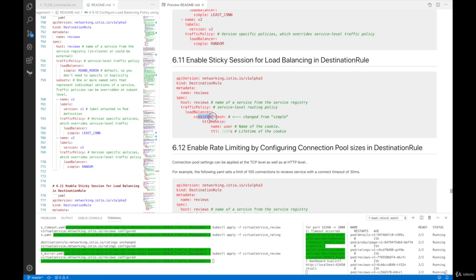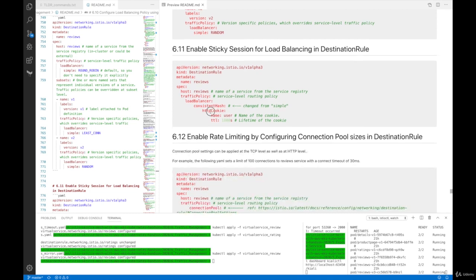Right now, with the sticky session, the key name of the map became consistent hash. And then HTTP cookie, name user, TTL 1800. This is about 1800 seconds. What's changed from a simple load balancing configuration was here changed to consistent hash, and we are using HTTP key